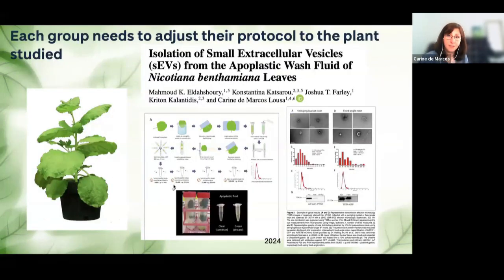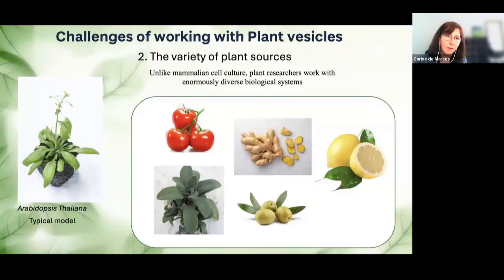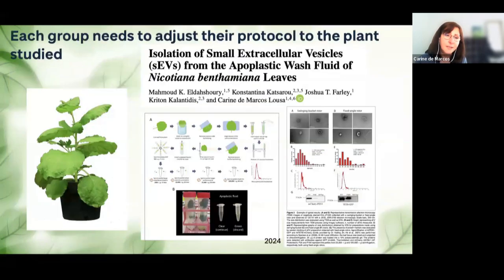So the fact that we have so many different types of plants and different techniques makes it very difficult to standardize the field. And this is one of the examples that I can give you, where we published in 2024 a protocol for the isolation of small extracellular vesicles from the apoplastic wash fluid of Nicotiana benthamiana leaves. So all the protocols that have been published before that were on Arabidopsis, which I've shown you before. And this is a plant that is completely different from benthamiana. It's very small with very small leaves. Benthamiana is this type of plant. It has very big leaves, and it's